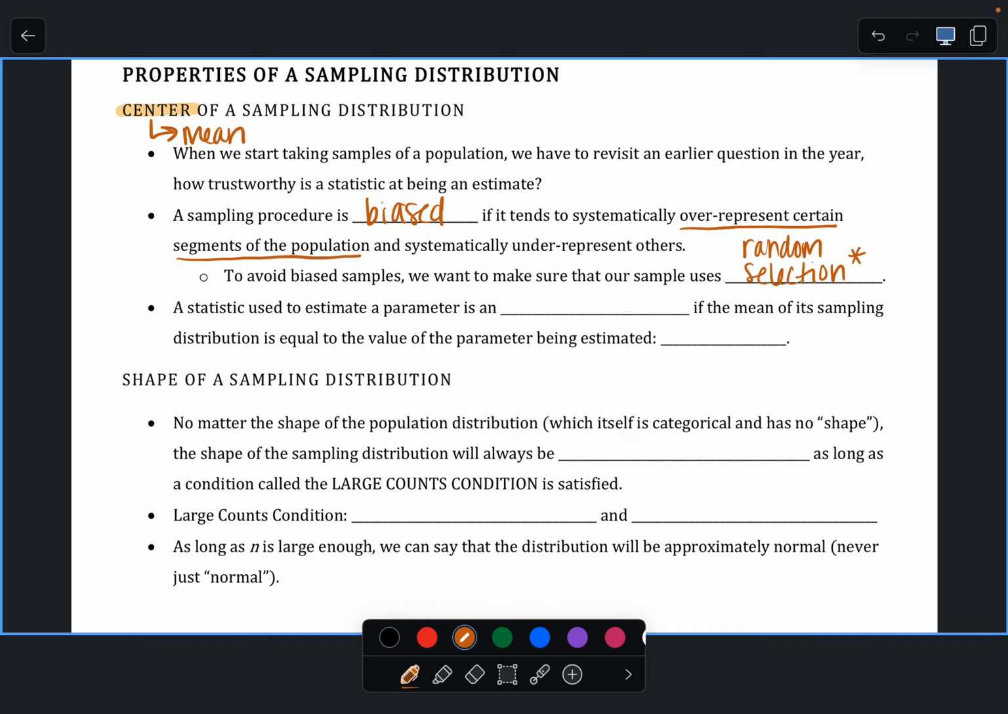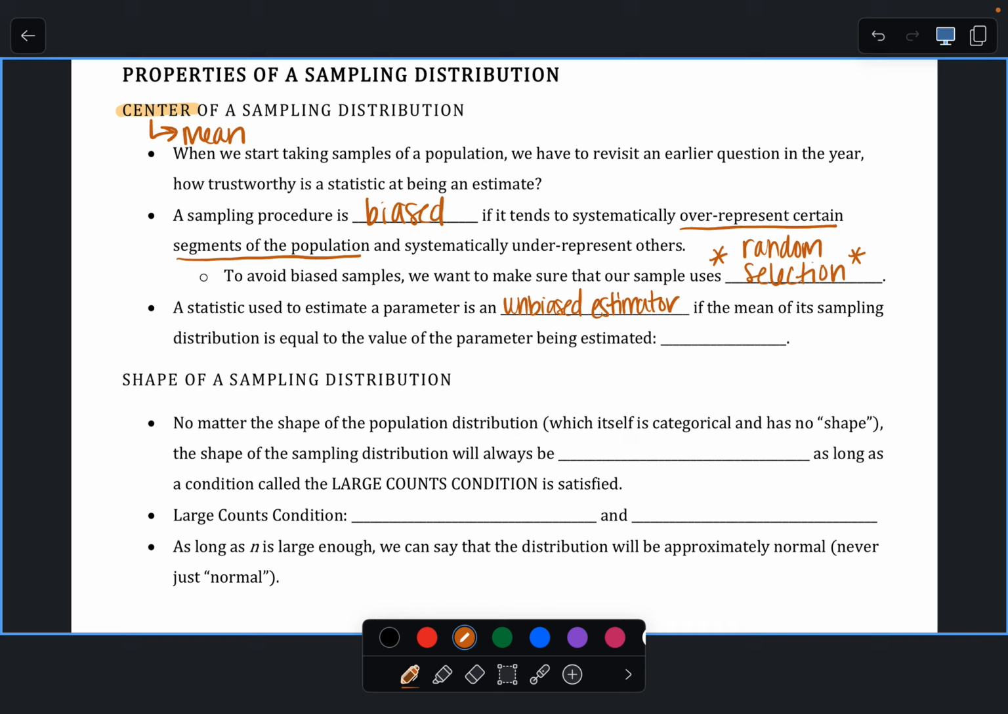Put little stars. This is very important, very key. One of the first things that we generally check for is: is there some form of randomness in either our sampling or our experiment? A statistic used to estimate a parameter is an unbiased estimator